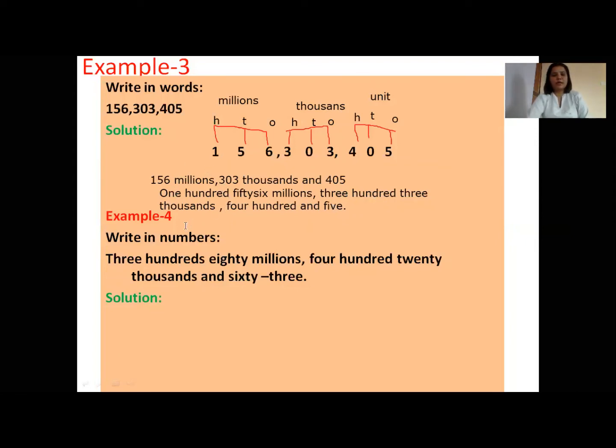Now let us look at example number 4. Write in numbers. So first we are going to group these numbers in different periods. 380 are in millions, 420 are in thousands, and 63 are in unit. Now I've written the solution here. Now we can write the number as